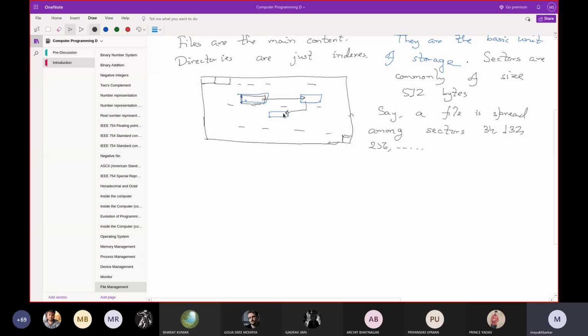That sector is corrupted. If it is a hardware problem, you cannot repair it. Those sectors are already corrupted. What the OS does is take the content of that sector and put it into another sector which is not corrupted, and make the appropriate links, so that the continuity of the file remains as it is.